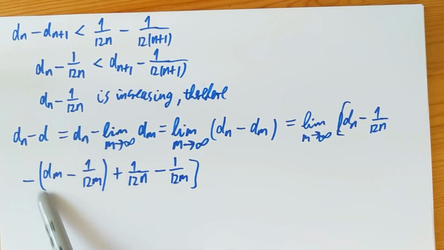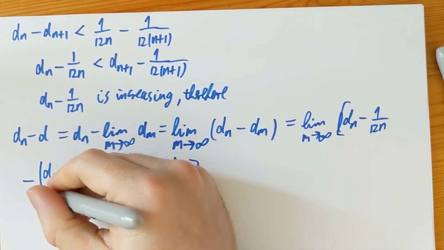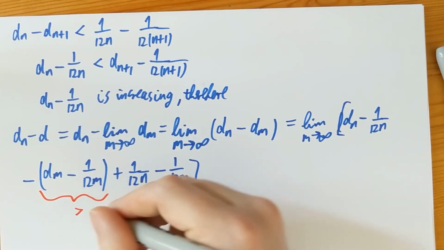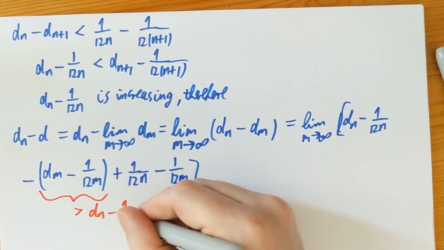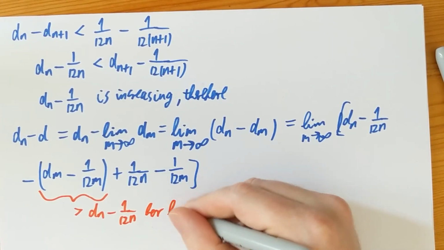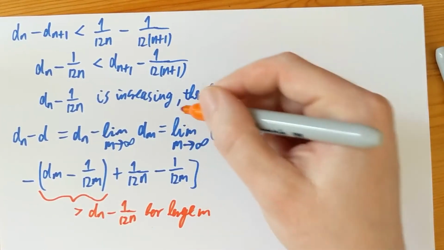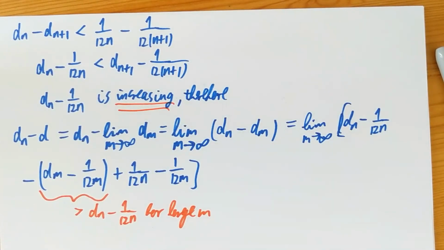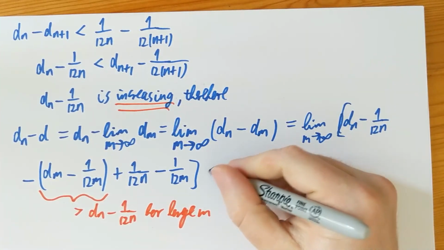This thing, dm minus 1 over 12m, is larger than dn minus 1 over 12n for large m, because dn minus 1 over 12n is increasing. So as soon as m exceeds n, this will be larger than the same quantity with n, which means that those two terms together are going to be negative, and therefore this whole business is less than, for large m,